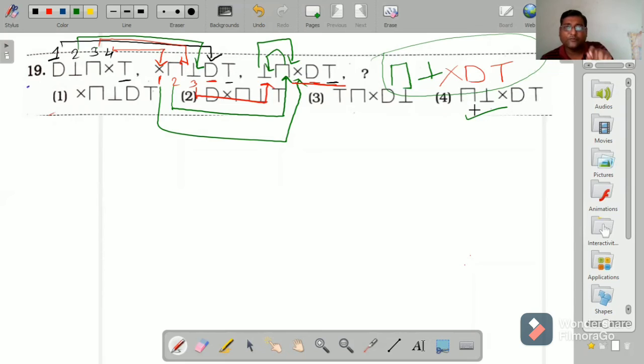Once again, I would like to repeat it in short. In the first and second groups, the fifth symbol kept continuing as it is. Only the first four symbols have changed their places in reverse order. In the second and third, the last two symbols are kept as they are. Only the first three symbols have changed their places in reverse order. In the third and fourth, what happened? The last three symbols have kept their places as they are. Only the first and second symbols will change their places in reverse order. In this way, we have got the group and the same group we found in option number 4. So the answer will be option number 4.